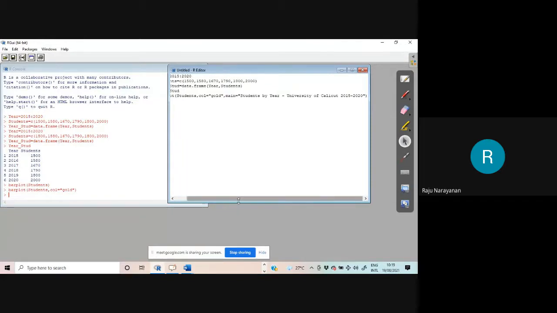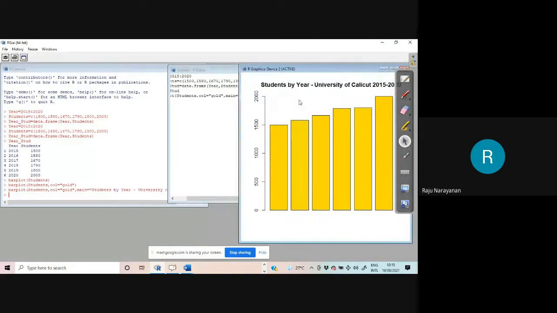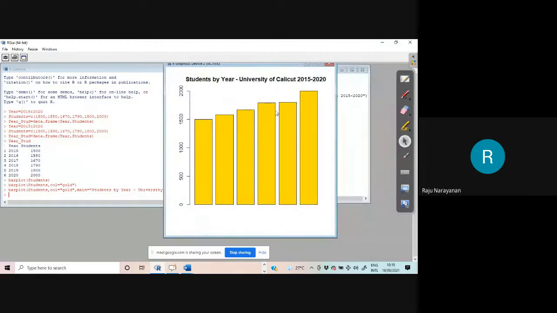Now this one alone you need to select. Right click, run. Yes, the main heading is coming: Students by year, University of Calicut.